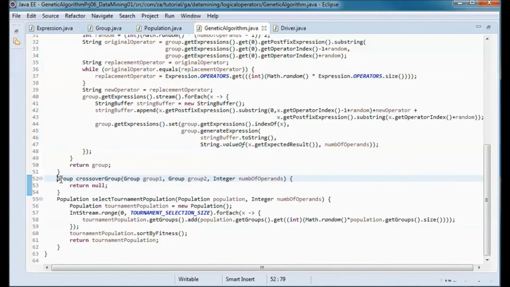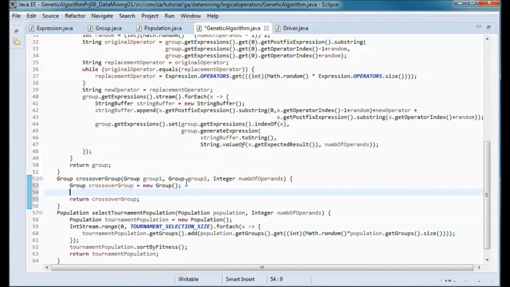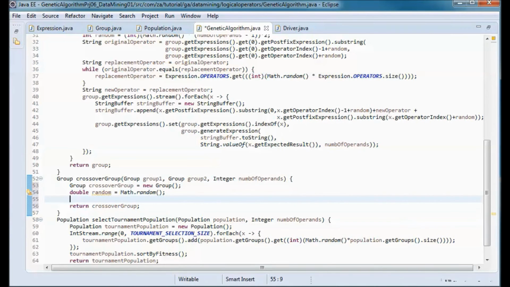Now for crossover group, let me define this group instance and return it. And this instance will contain the crossover of group 1 and group 2 if it is performed. And let's pick up a random number between 0 and 1.